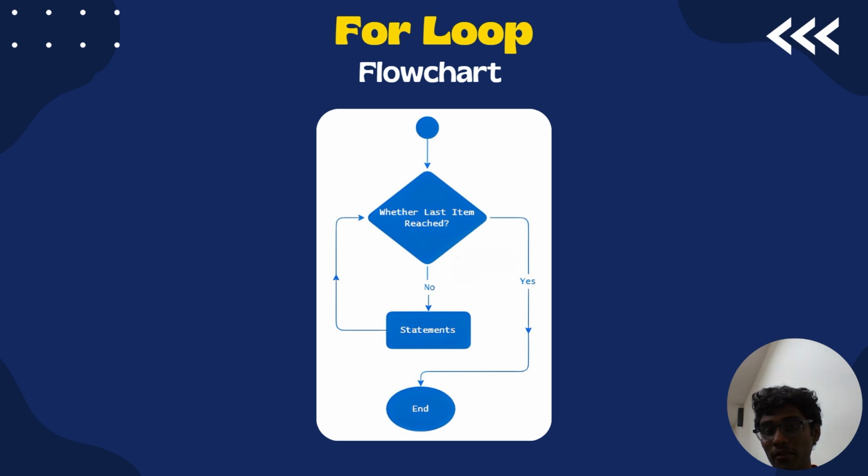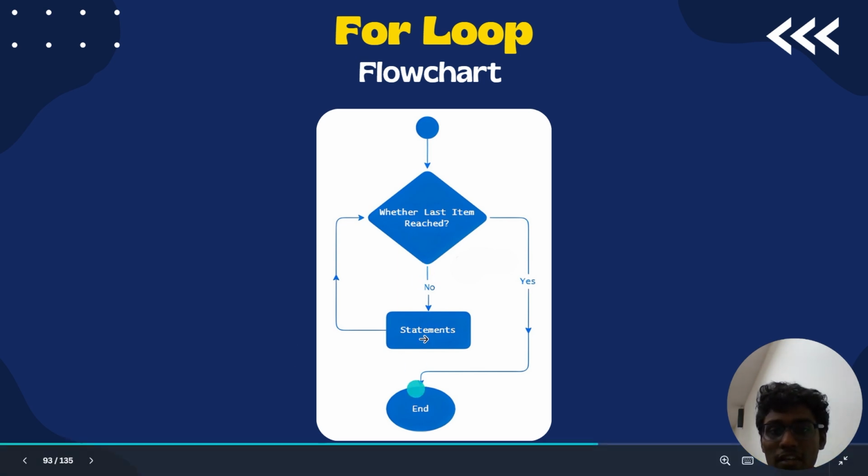Okay, for loop. We have a flowchart here, and a for loop can be explained in easier terms. A for loop works on the concept of iteration. It works according to how many times a range or a loop runs. For example, it can be given as a loop to specify how many times you have to loop.